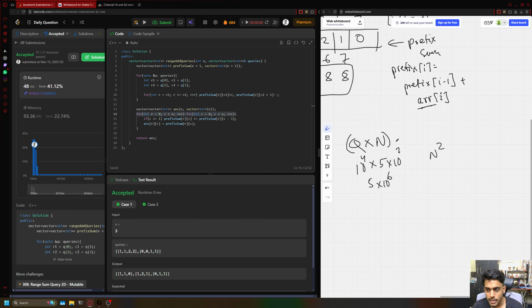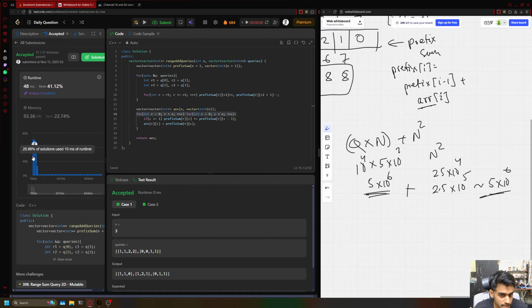So q times n plus n square, and this is acceptable. n square will give you 500 square, which is 25 times 400, which is 2.5 times 10 to the power 5. So if I add them up, it comes close to 5 times 10 to the power 6 only. This is acceptable because it is less than 10 to the power 7. So we are good, we are also in the top percentile, but like I said, don't trust